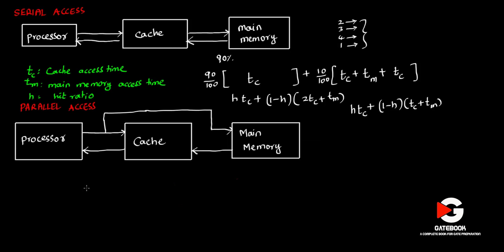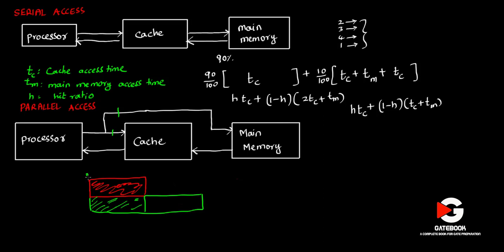Let's look into parallel access. In parallel access, you can see two paths. One is connected to the cache, one is connected to the main memory. That means we access the cache and main memory in parallel. What advantage do we get? I have to draw this picture to explain. This is, let's say, your cache access time, and this is your main memory access time. Because we start accessing the cache and the main memory at the same time, you can see the possible overlapping. So up to this point is the cache access time.